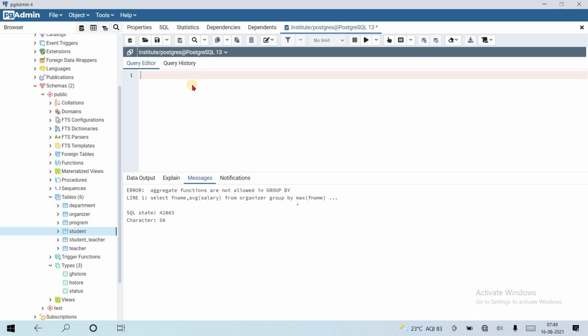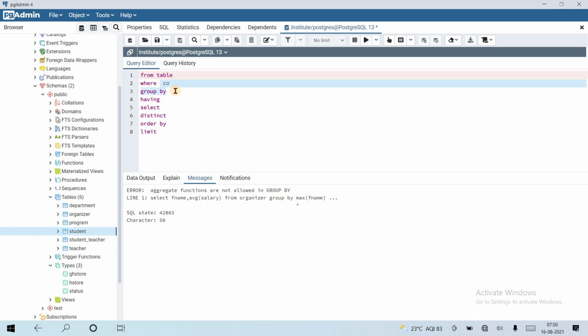So the HAVING clause calculates an aggregate function and not an actual select column. We know that the SELECT clause is executed later. So the HAVING clause works on the data coming from WHERE and GROUP BY, and makes a condition on that, not on the SELECT clause or select table. That's it.